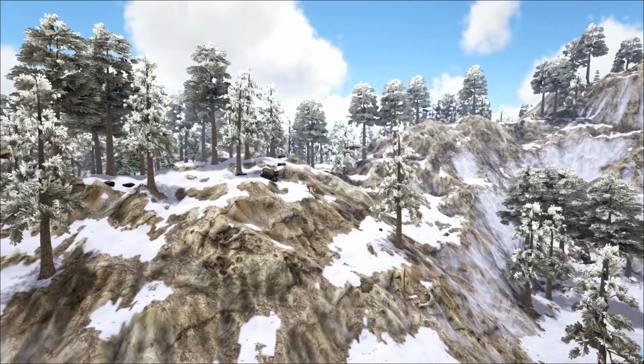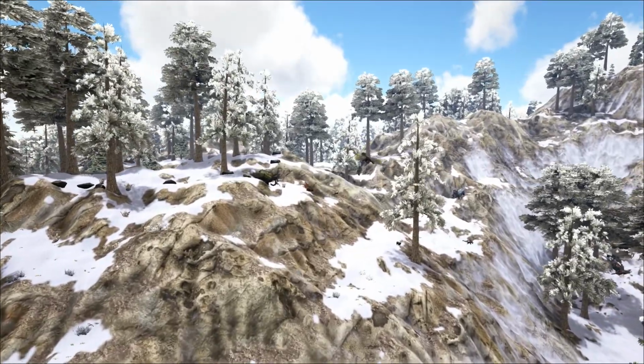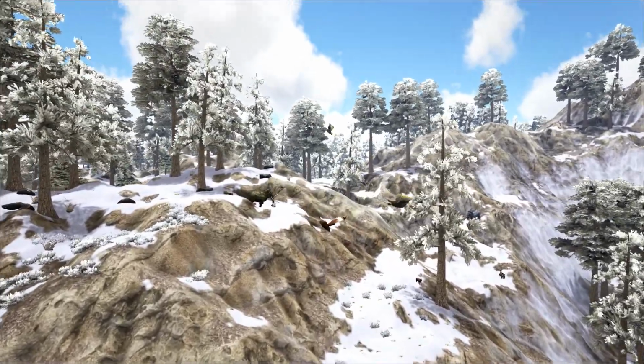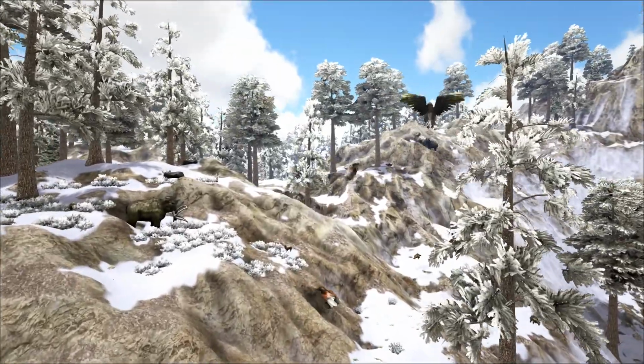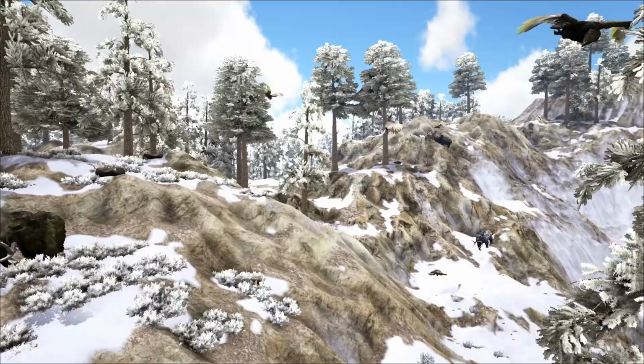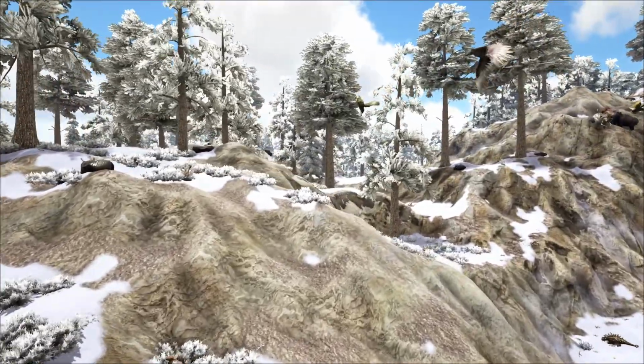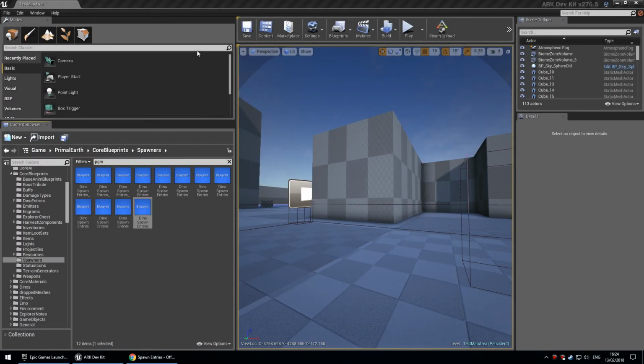Welcome back to ARK Survival Evolved for a second look at the spawning mechanism within ARK Survival Evolved and how you can control that yourself using the game.ini file. I think we all know that every map is divided into biomes